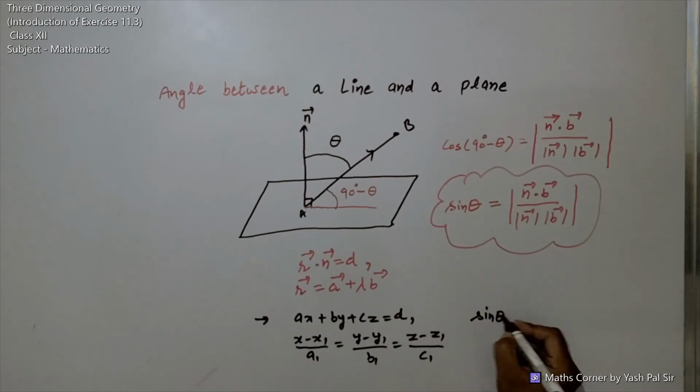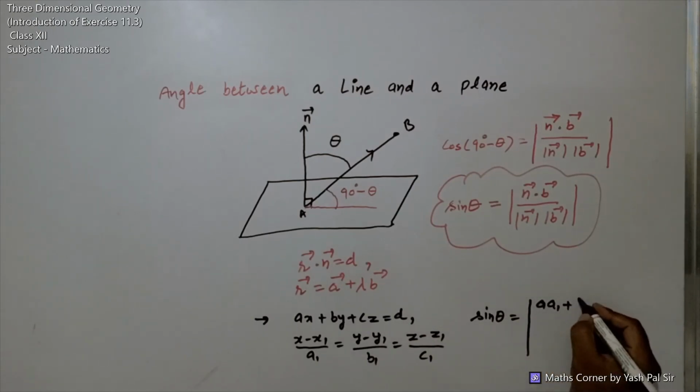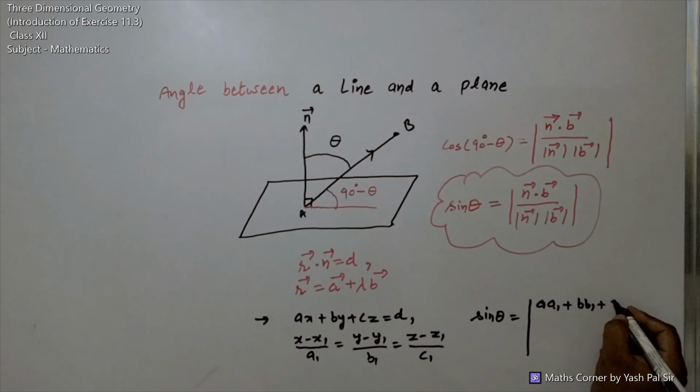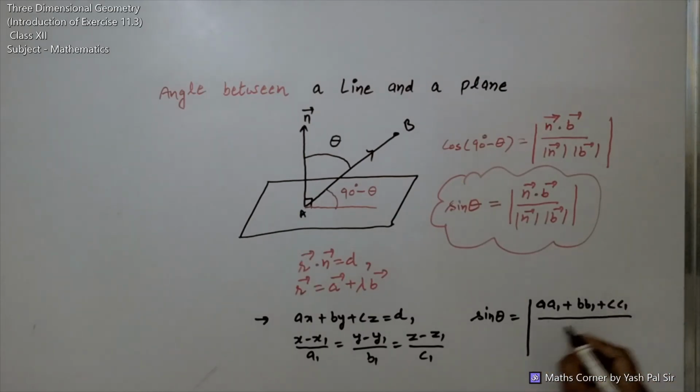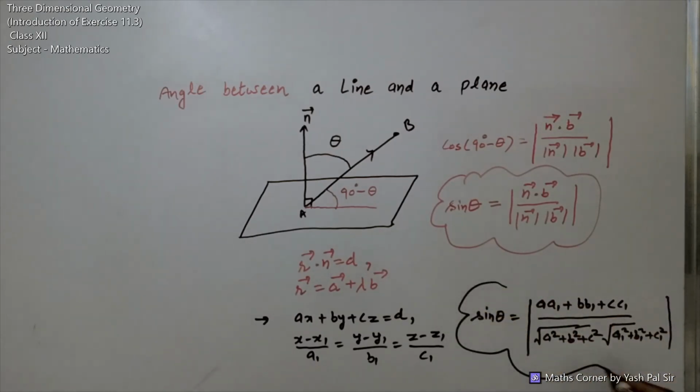So the angle between the line and plane becomes sin theta is equal to a1 a plus b1 b plus c1 c, divided by the square root of a square plus b square plus c square into the square root of a1 square plus b1 square plus c1 square. So this is the Cartesian